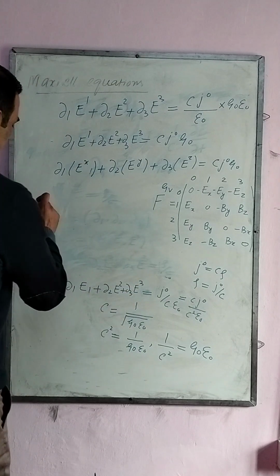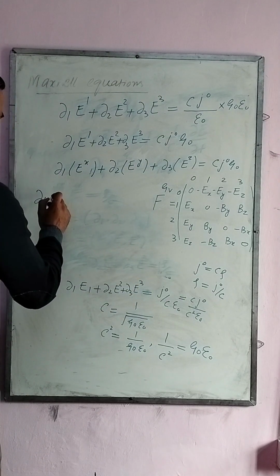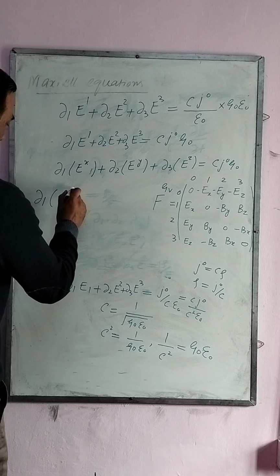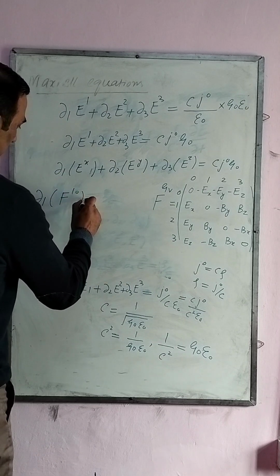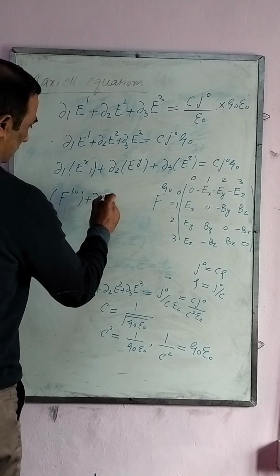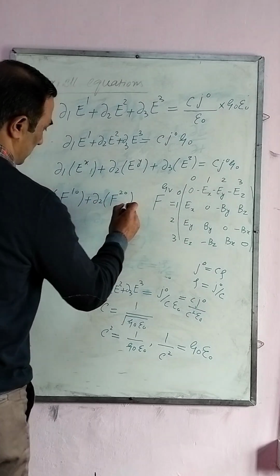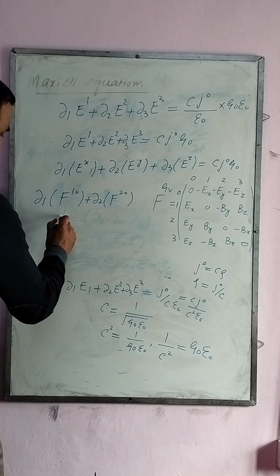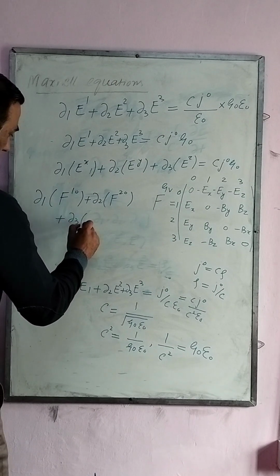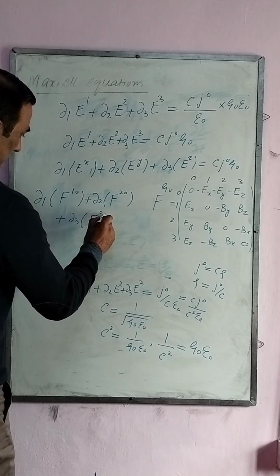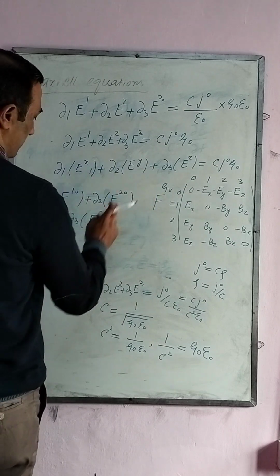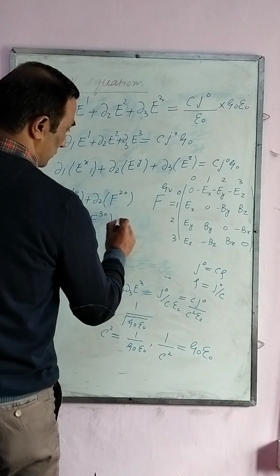So let's try that. So this will be partial one, this will be F10. Okay, so these are three components, right? And that's equal to,